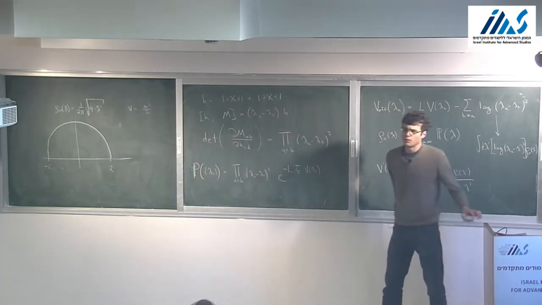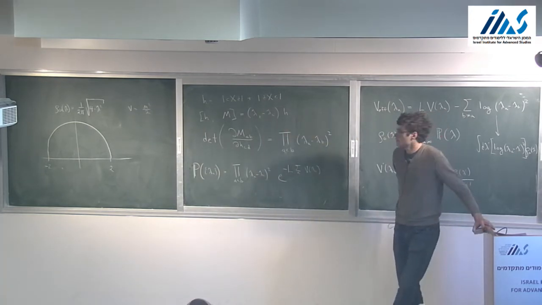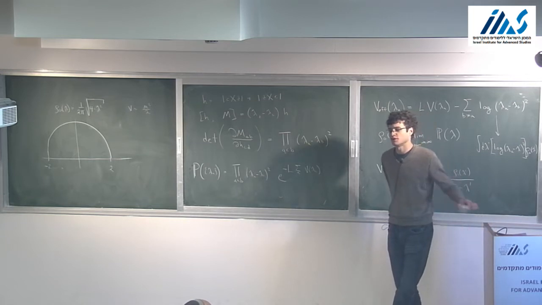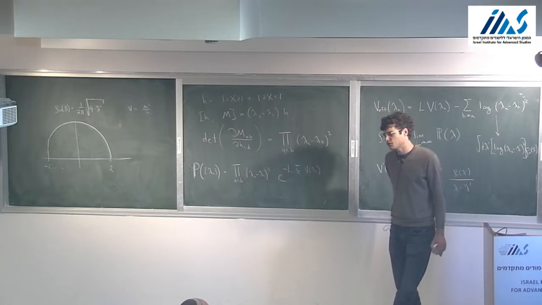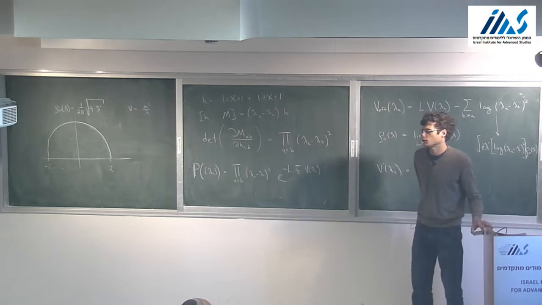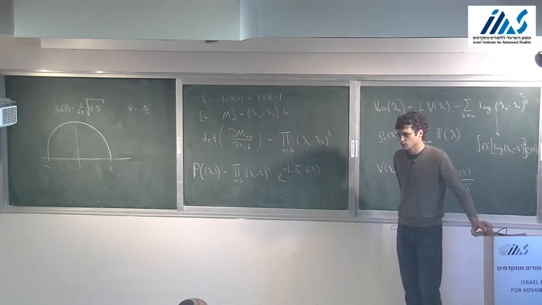But what we need is more than this, because the z times z star quantity, the spectral form factor, is a 2 eigenvalue quantity. It involves 2 copies of the partition function. It's a double sum over eigenvalues. So to compute it, we'll need not just the probability distribution for a single eigenvalue, we'll need the joint probability distribution for a pair of eigenvalues. And in order to get the whole curve, we'll need to know this function to a fairly good level of precision.